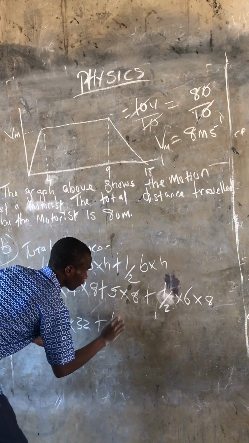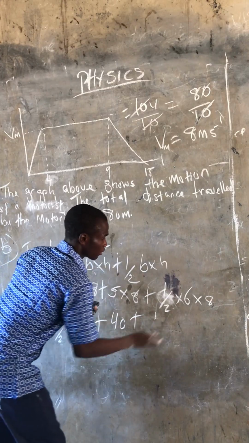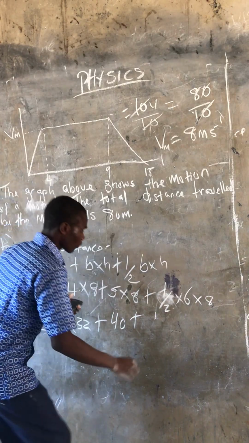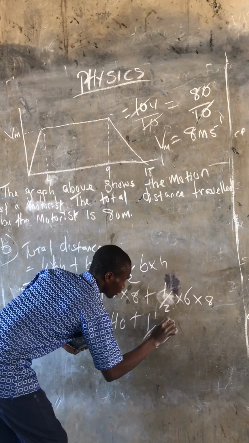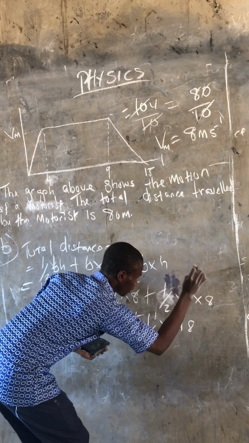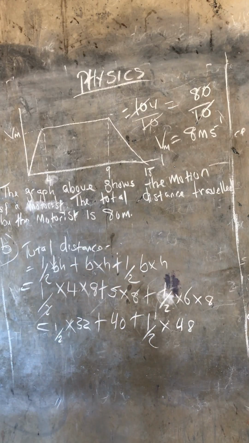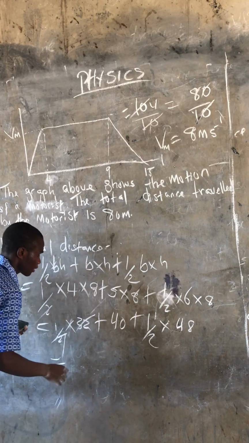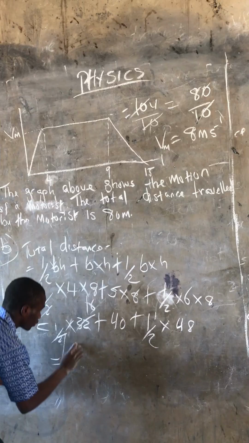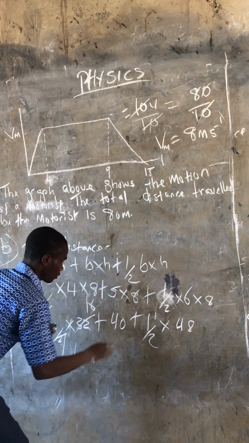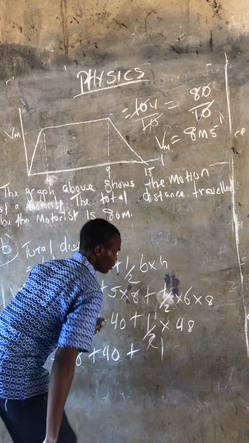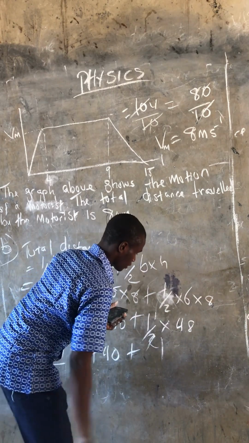Yes, you can see 40, plus 6 times 8, which is 48, half times 48. So 2 goes into 32 sixteen times. So we have 16 plus 40 plus half of 48,